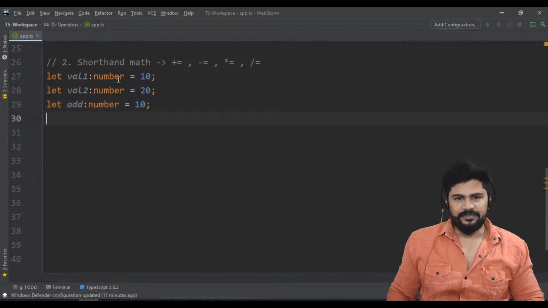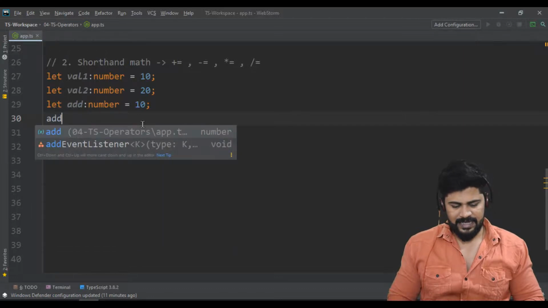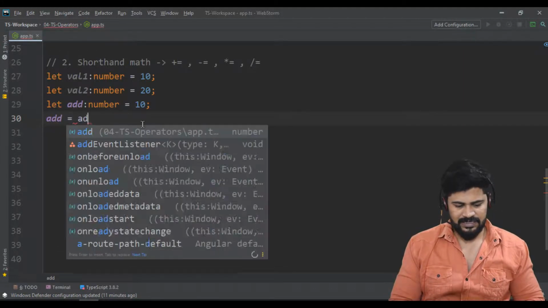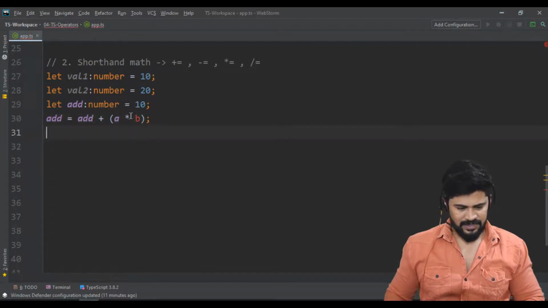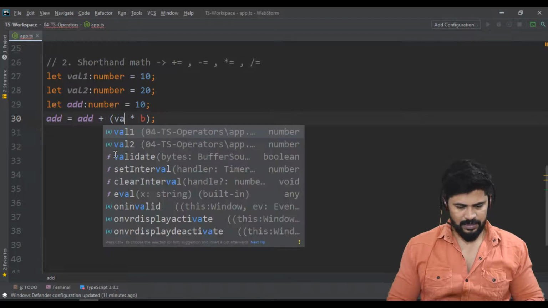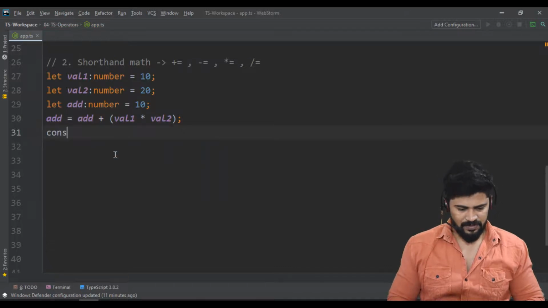So I have three variables, val1, val2 and add. What I do is add is equal to add plus val1 into val2. Sorry, it's not a and b, it's val1 into val2. And let me do console.log of add.